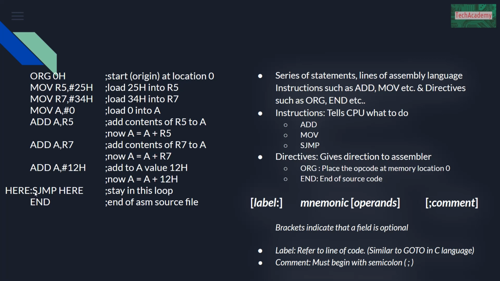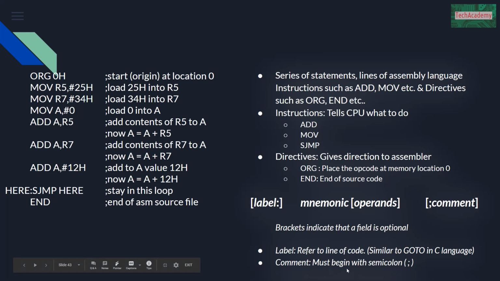And when we write the instruction sjump here, this jumps to that particular label. Let's say we place the label here, then when this sjump here instruction gets executed, it will jump here because we have placed the label at this instruction. So this will continuously go on executing. When it comes to the end, it will again jump to this particular location. So this is how a label can be used.